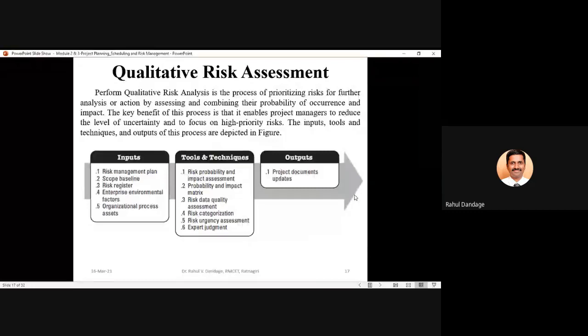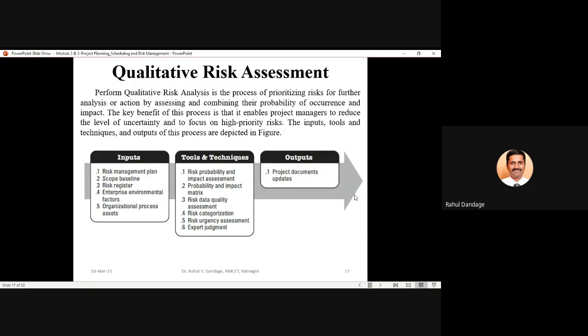So ITTO for qualitative risk assessment: inputs are the risk management plan, the scope baseline, and the risk register. Then enterprise environmental factors and organizational process assets are common inputs for almost all the processes.